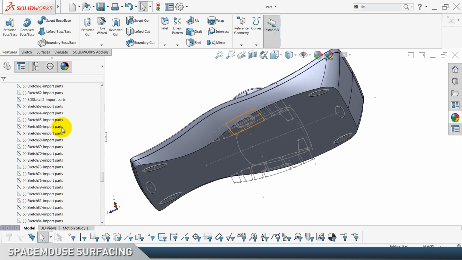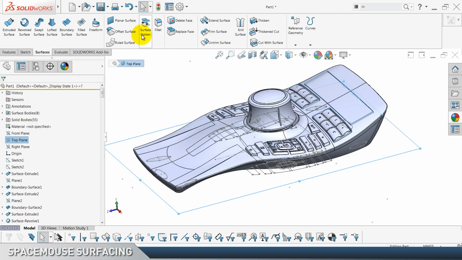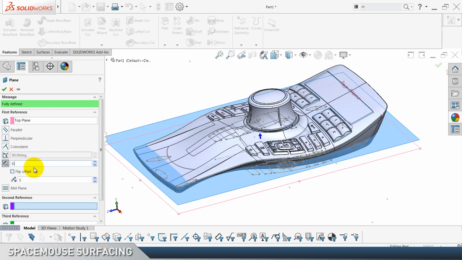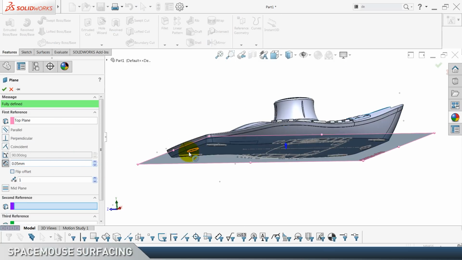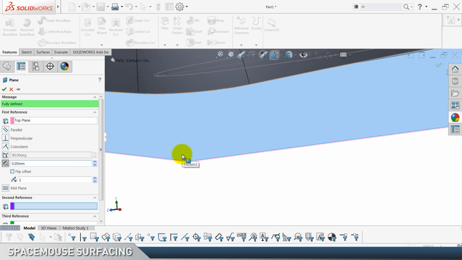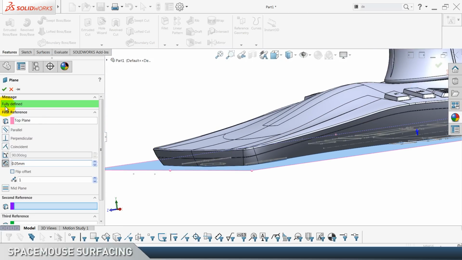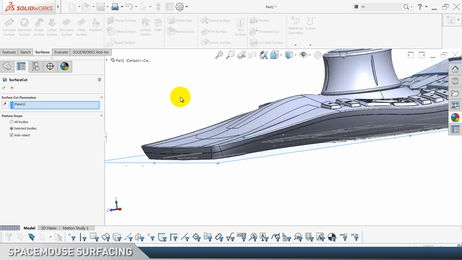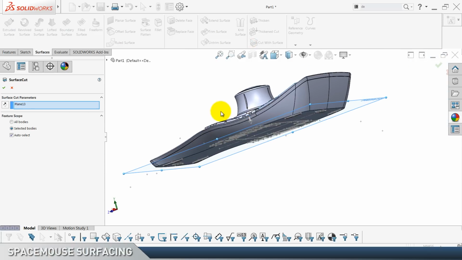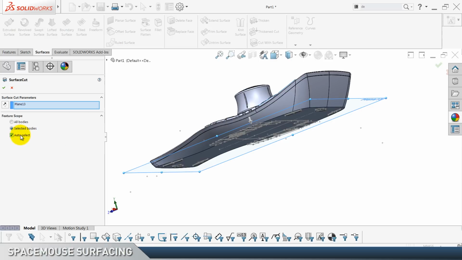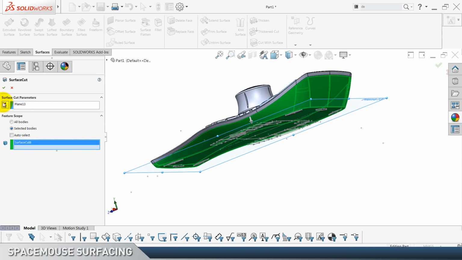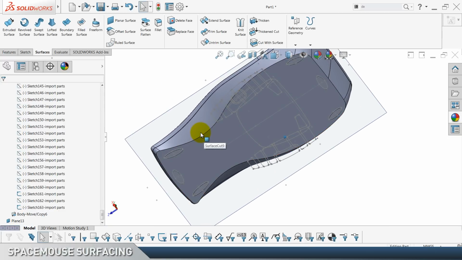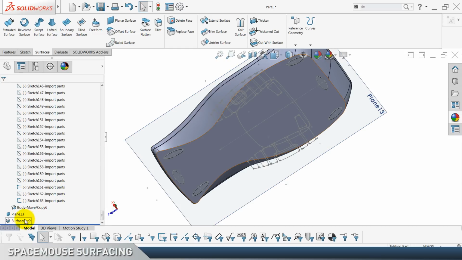Let's first use top plane and offset it, so make a new plane by 0.05. Direction is up. When you zoom in, you're gonna see it. Okay, click OK, and we're gonna do cut with surface. Direction is, here is the arrow, it goes down, and feature scope is this body. Click OK. So this was just nice polishing of this bottom surface because it wasn't perfect. Let's hide this plane,